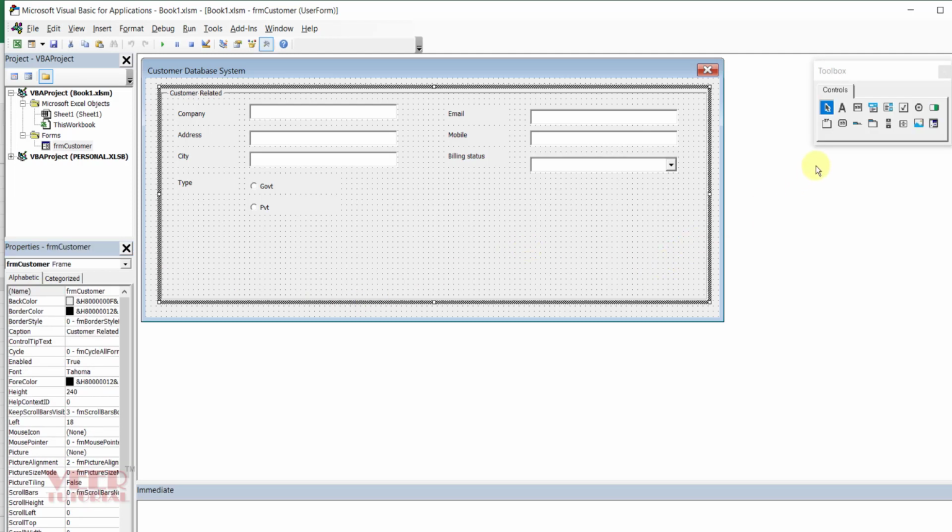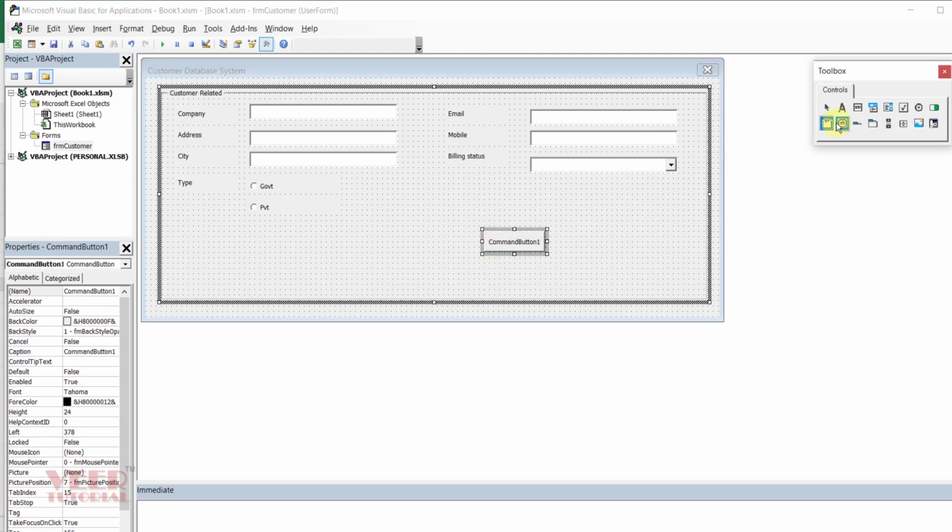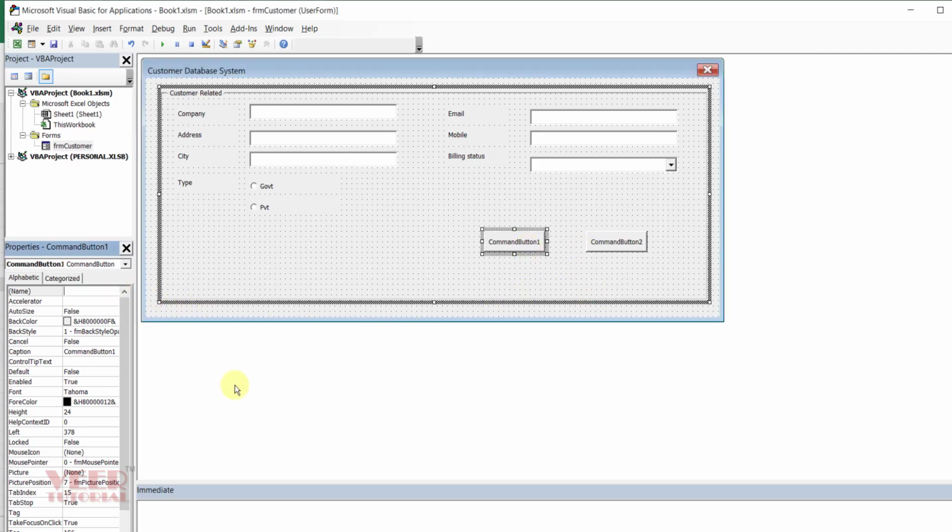And now we will give the button for saving this record and the second button for clearing the data. I will select that button and I will give the name cmd save, and you can also define the shortcut key S. So whenever we press S, it will run automatically, and change the caption to save.